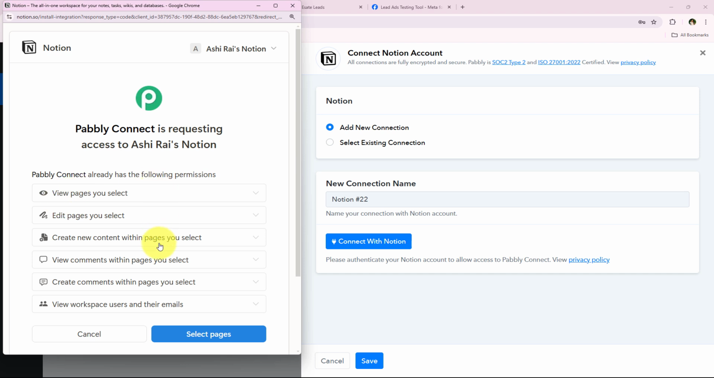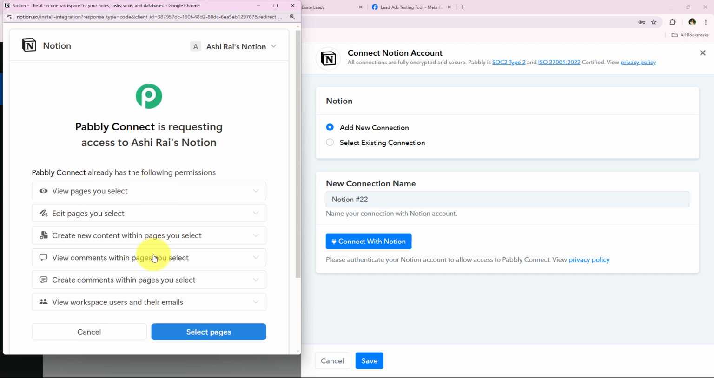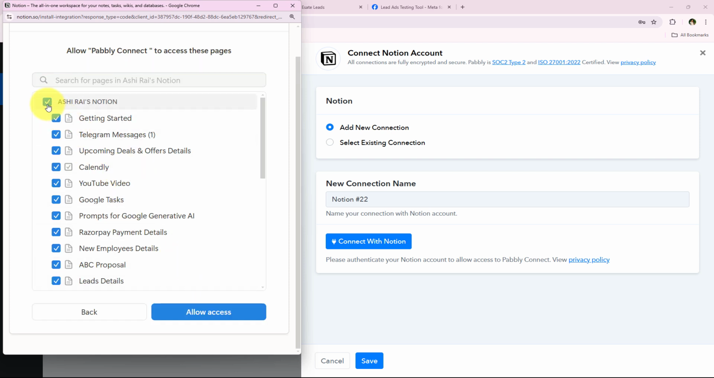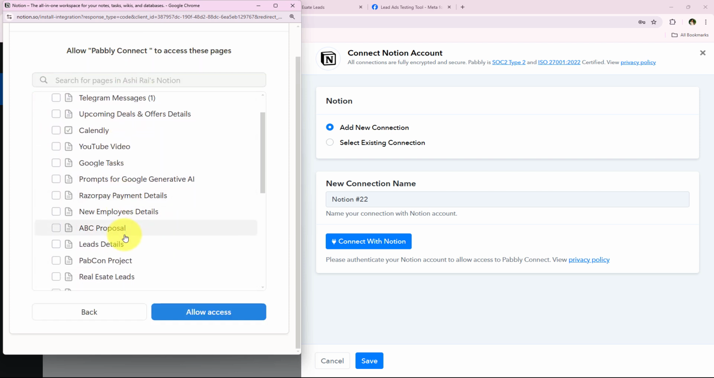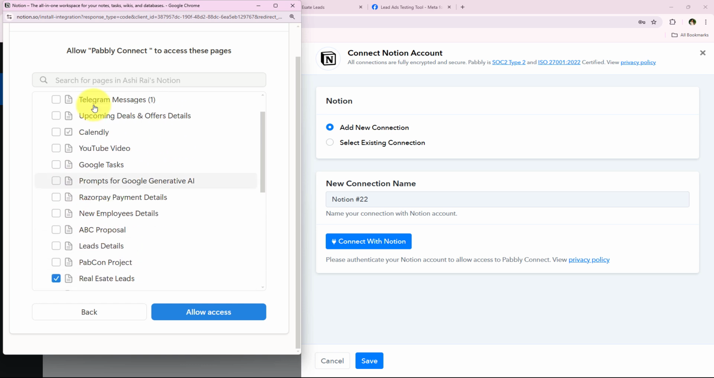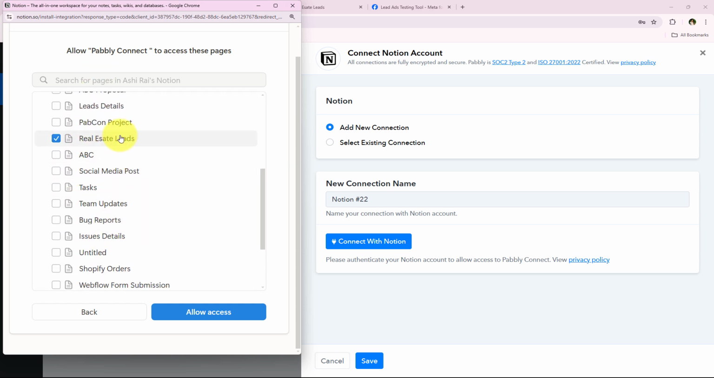You can also give Pabbly all the permissions it is asking for. So what we are going to do is click on this select pages option. Over here you can select the pages for which you want to give Pabbly access permissions. The name of my Notion page is real estate leads, so I'm going to select the same page here. If you wish, you can select all of these pages too, but I'm going to select only one